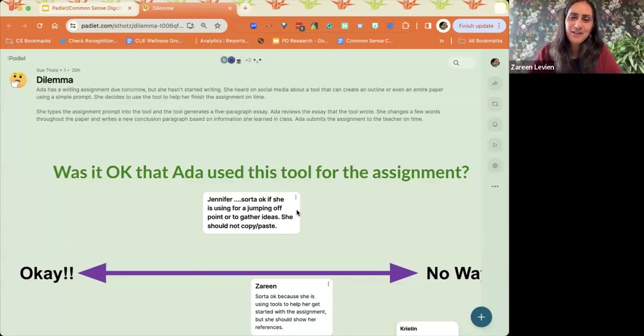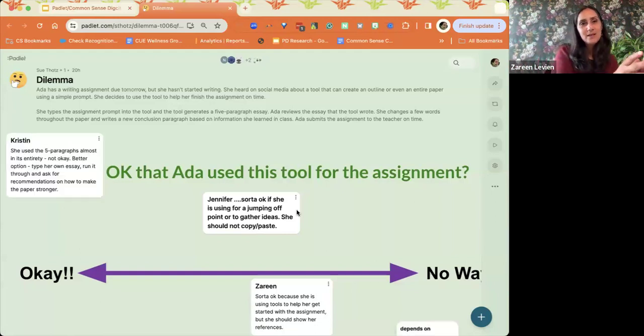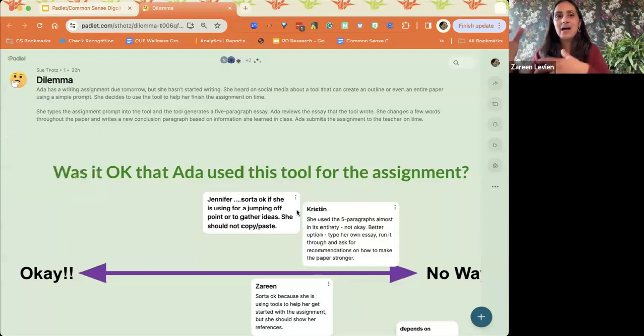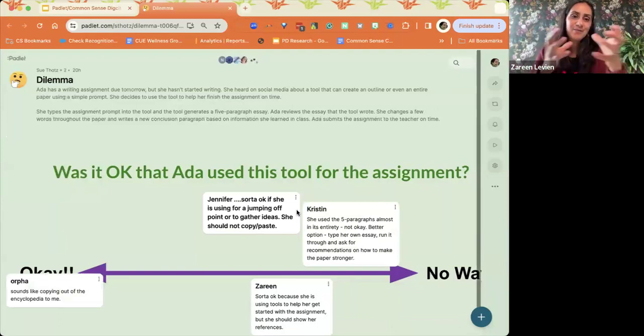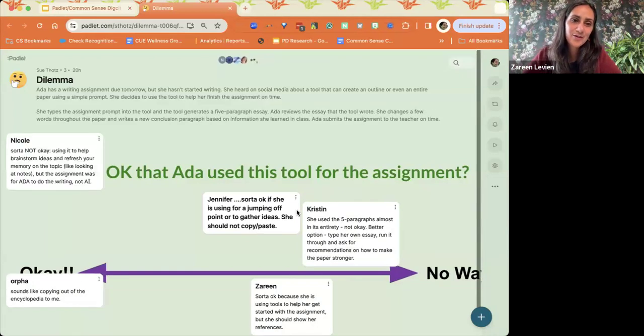And just to add a couple other ideas, if you were doing this with a bigger group and you felt like you needed more space, you might do just their name or something, and then that might be the jumping off point for a conversation. So you say, okay, I noticed these people are all the way over on okay, these people are all the way on no way. It might help you talk about it and know people's positions with the graph before you call on them.